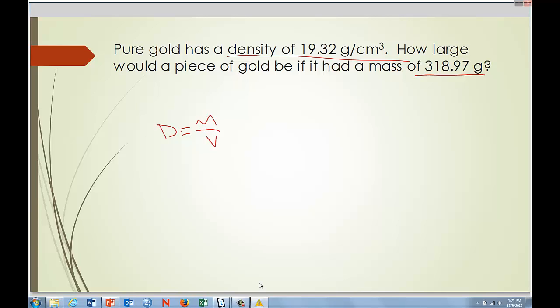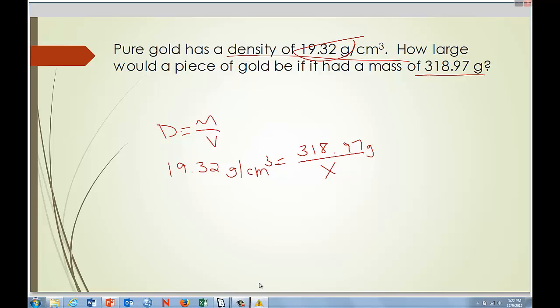The density is 19.32. The mass is 318.97 grams over X. I chose this one for the review because this is one of the harder ones, because